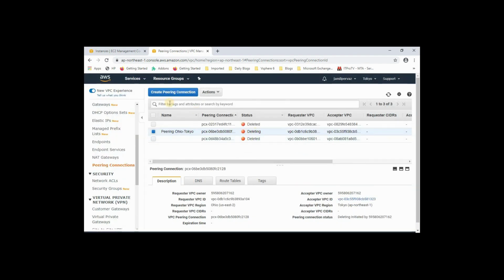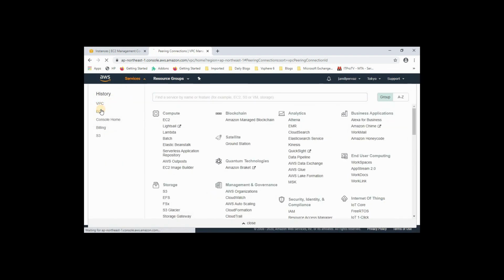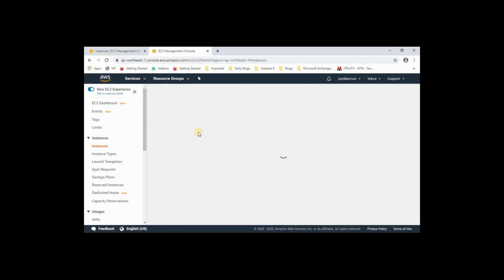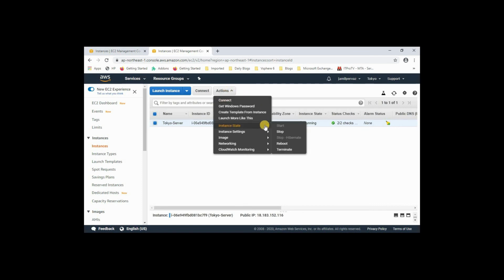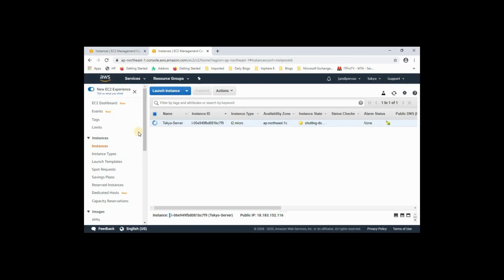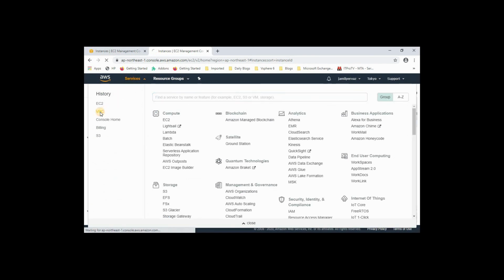So it's deleting. So go back to EC2 instance. Select instances. Select your instance. Action menu. Instance state. Select terminate. Click yes, terminate. Now go back to your VPC.